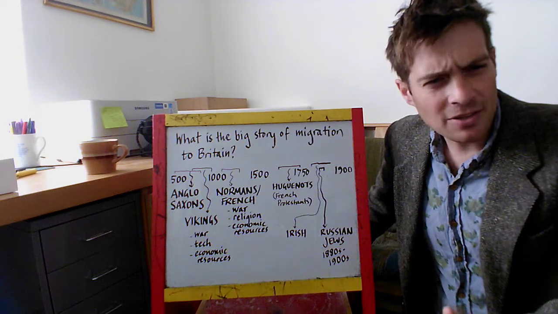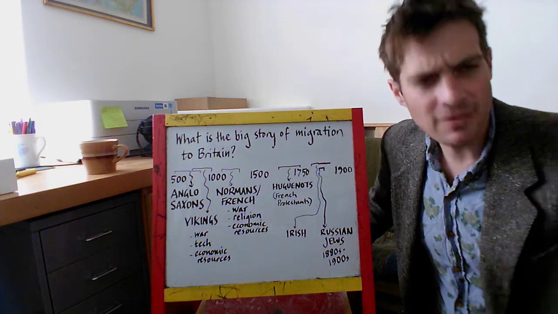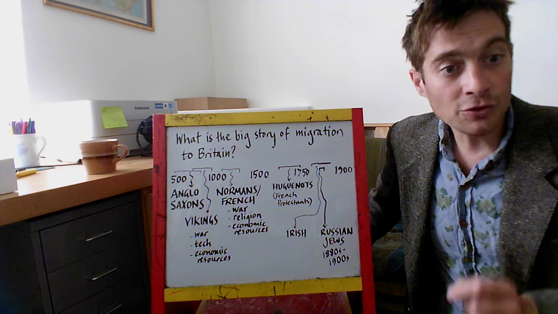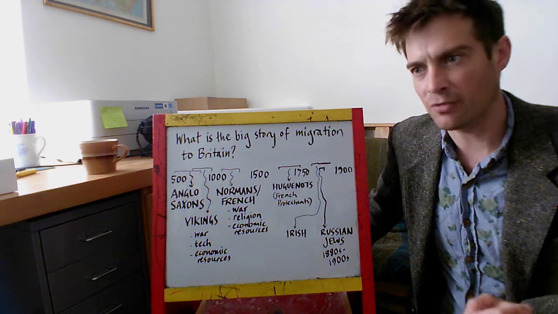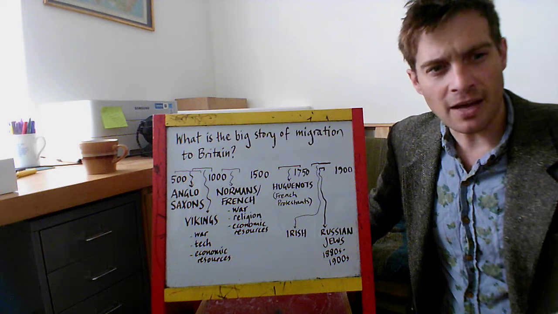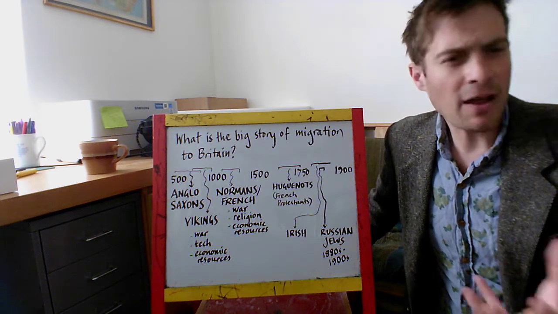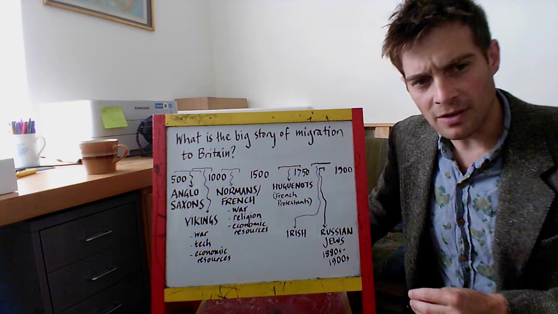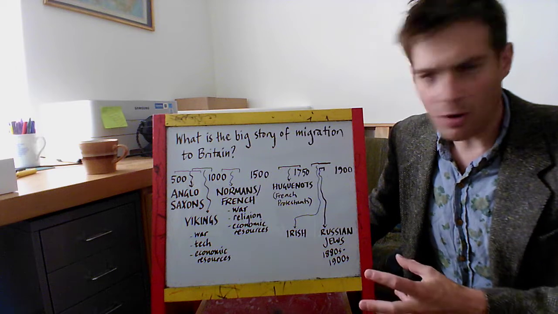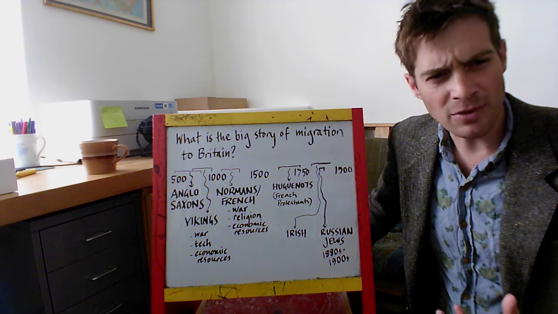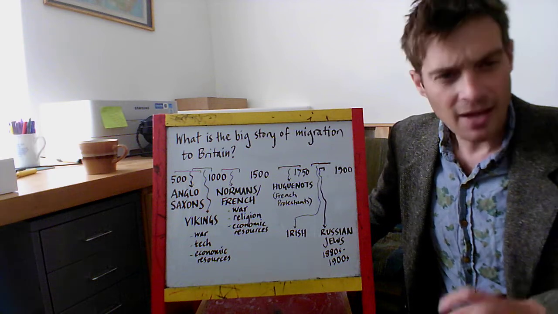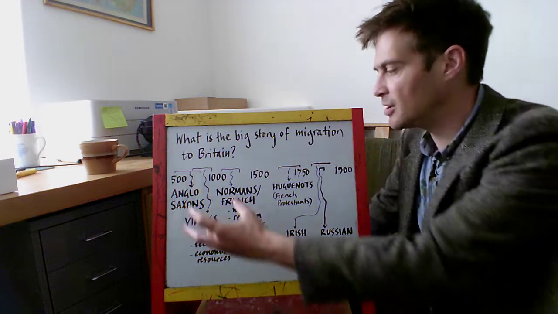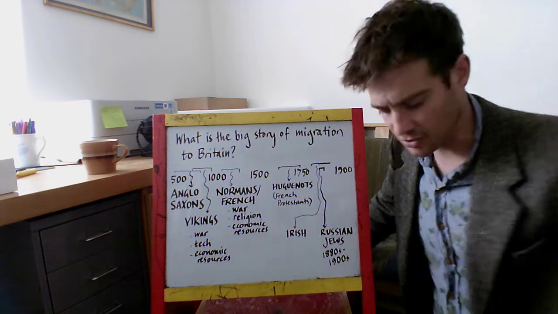Now, we know from our study of empire that in the 17th century is when the East India Company is rising to prominence, and also when the transatlantic slave trade is taking off. What I'm interested in is you finding out, how did those developments in the British Empire affect the people who were living in Britain, who were from African or Asian backgrounds? How did their treatment change? How did their experience of living here change? And why do you think this was? What's the correlation between what was going on in the empire and the experience of migrants living in this country?